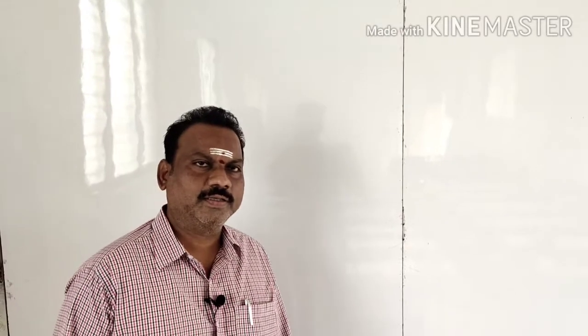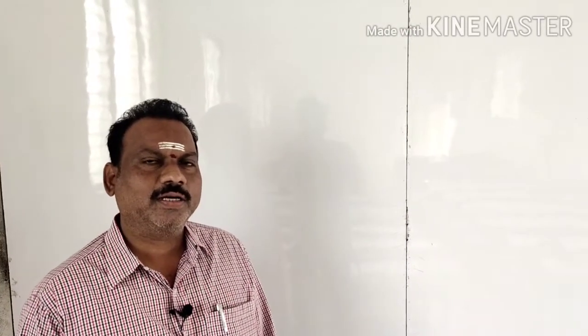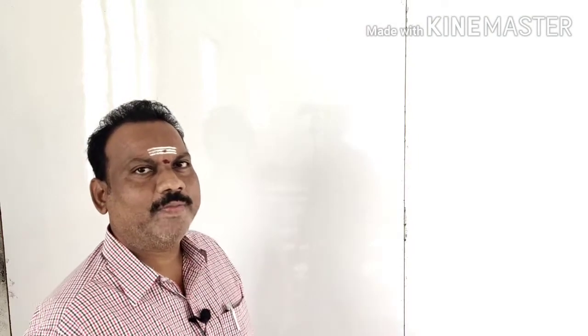Good morning, students. In the last class we explained the argument and amplitude of a complex number. Now I will continue that. Argument or amplitude of a complex number means, suppose you take a point P(x, y) in a complex plane, OP makes an angle with the x-axis in the positive direction, theta. That theta is called the principal argument or amplitude of a complex number, which lies in minus pi less than theta less than or equal to pi.